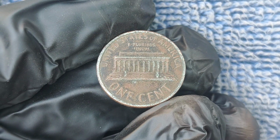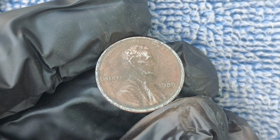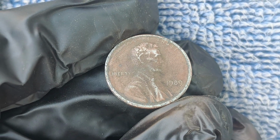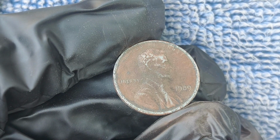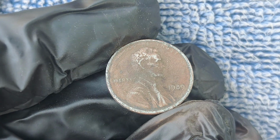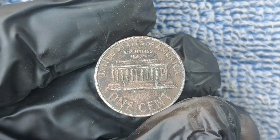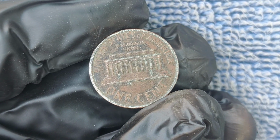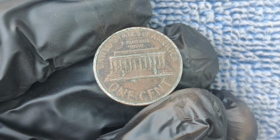So, sit back, relax, and let's dive deep into the world of rare coins and discover why the 1989 no-mint mark Lincoln penny is such a sought-after treasure. Let's start with a quick overview of the Lincoln penny itself. The Lincoln cent, which was first minted in 1909, is one of the most well-known and iconic coins in U.S. history. Designed by sculptor Victor David Brenner, it features President Abraham Lincoln on the obverse and a simple yet elegant design of two stalks of wheat on the reverse, which is why it's often referred to as the Lincoln wheat